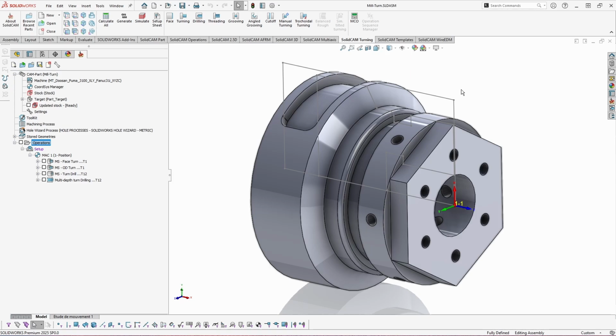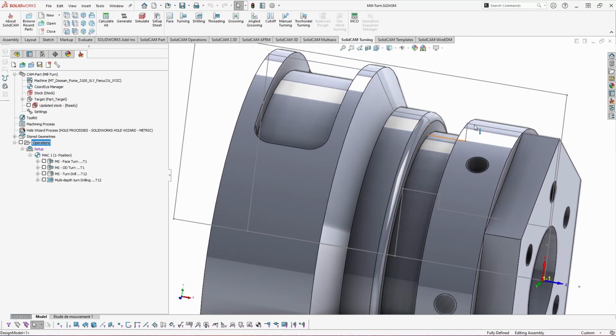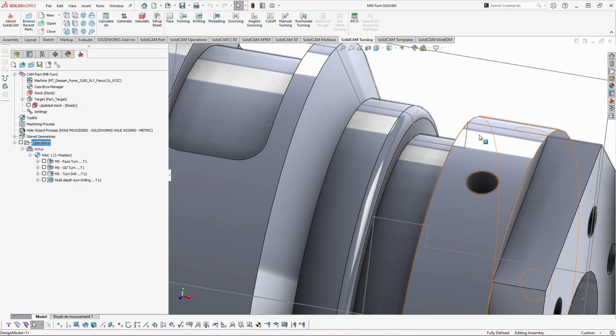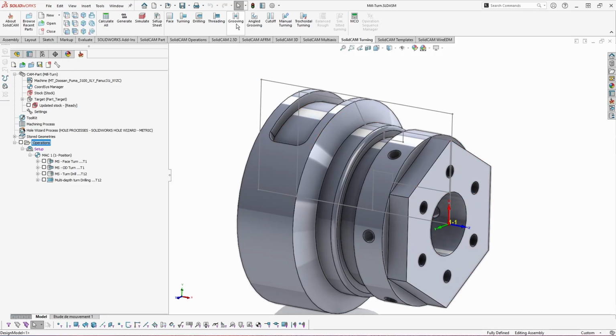In this video, we will explore the options for defining a grooving job in SolidCAM. Grooving jobs in turning are used for cutting narrow recessed sections called grooves on an outer diameter, inner diameter, or a face of a cylindrical workpiece. Let's start by adding a grooving job,